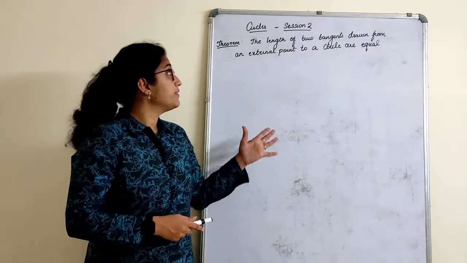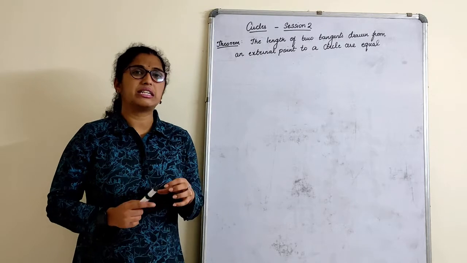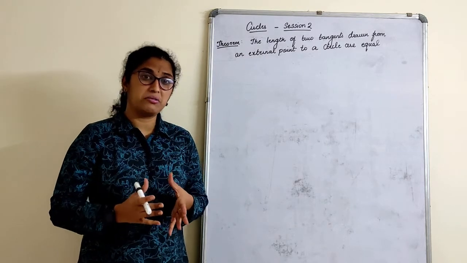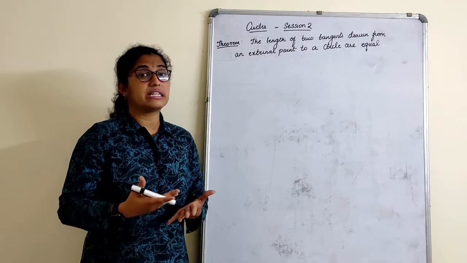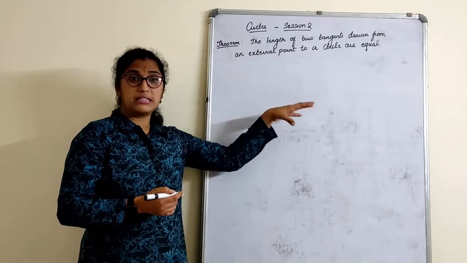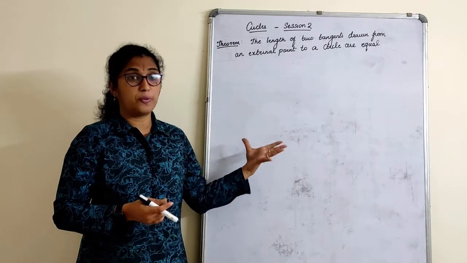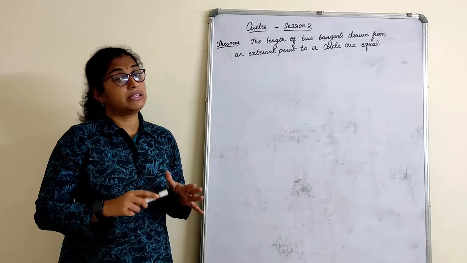Good morning. We will start session 2 on the chapter Circles. In our previous session we understood the basic introduction about circles, as well as the recapitulation of what you had already studied in standard 9: angle properties in a circle as well as the chord properties. Another thing we studied was about the tangent.